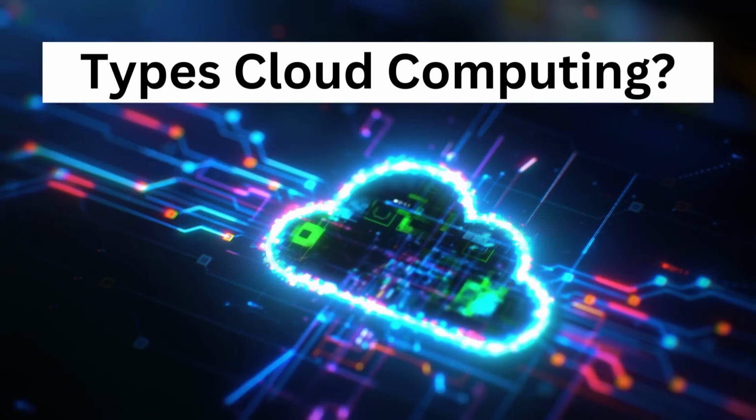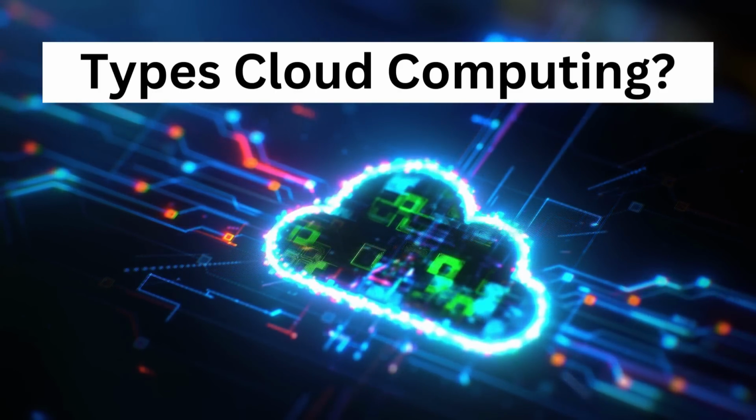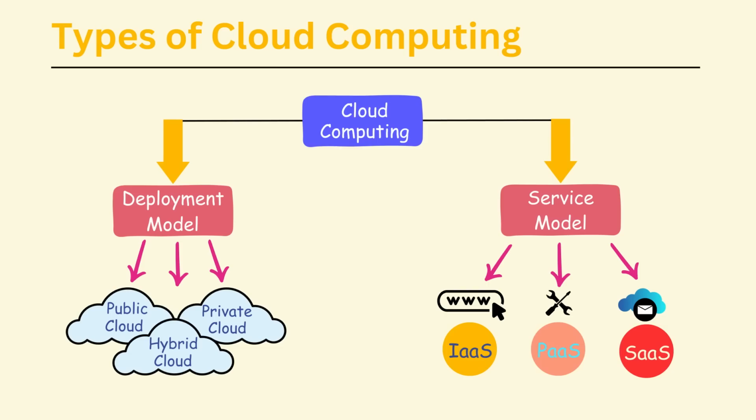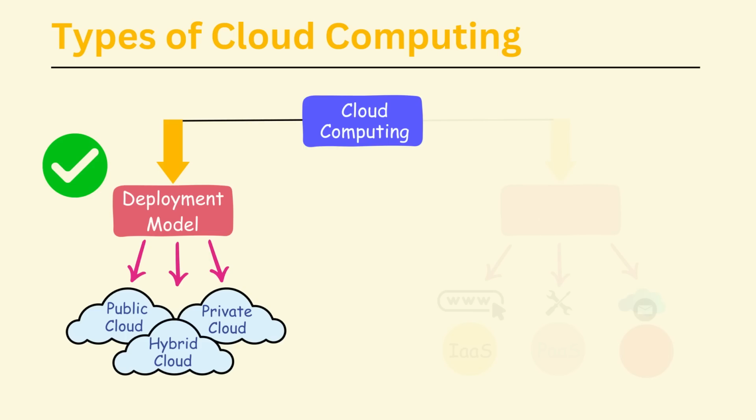Now, let's move further and get an understanding of the types of cloud computing. We can categorize the different types of cloud computing based on 2 wide categories. One being deployment model and the other one being service model. Let's talk about the deployment model. First, deployment model is categorized into 3 types. First one is public and then private, and then hybrid cloud. In other words, public cloud, private cloud, and hybrid cloud.